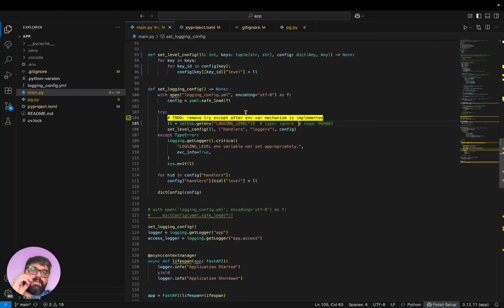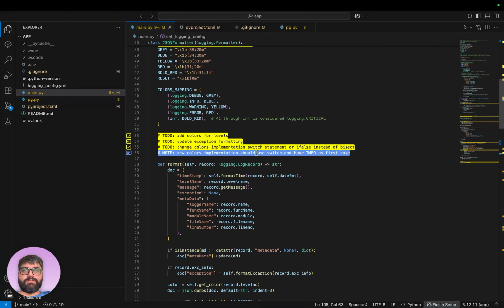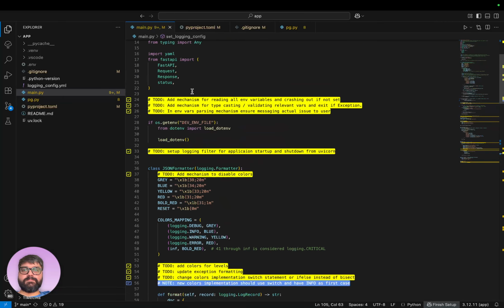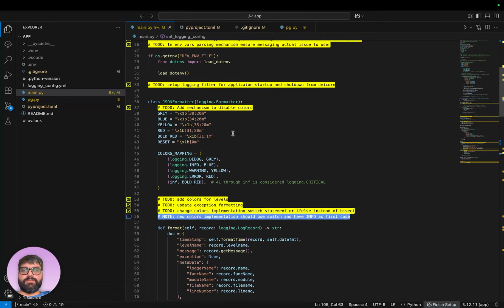The issue is just that I don't care enough about this code, because one of the to-dos I want to get to is that I'll actually do the environment variable stuff, like this stuff over here that I described.